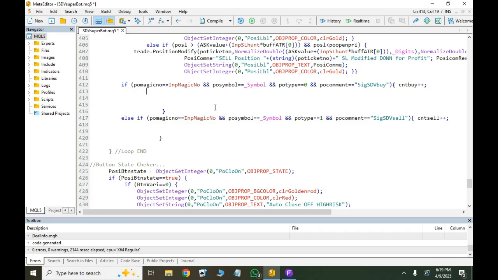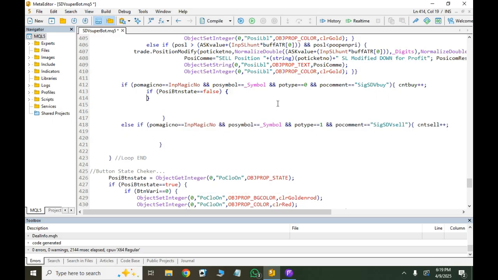So if the button state is false, that means auto close is on. Then we check this